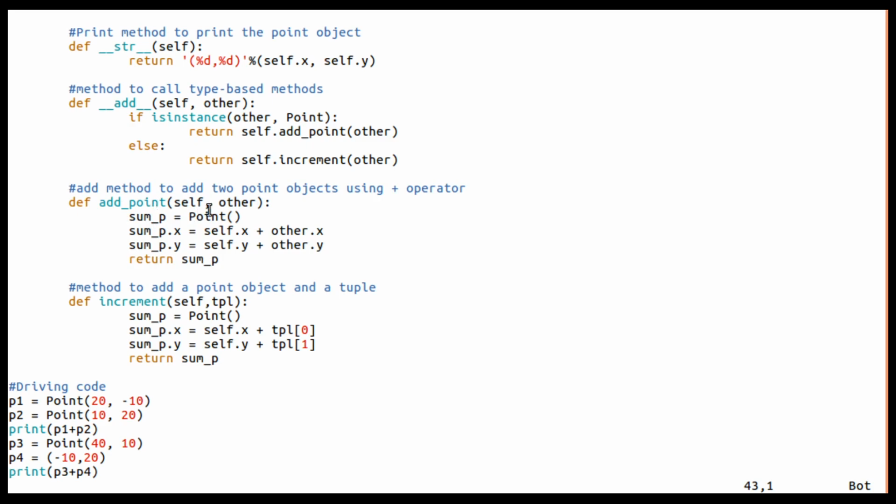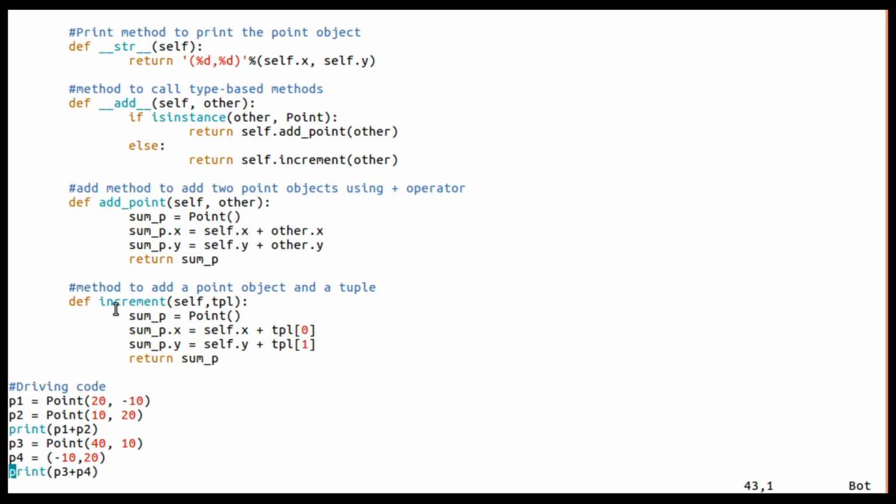This method adds 2 points. It takes 2 Point objects and creates a new Point called sum_p, which will have the sum of 2 points, one is self and the other one is other.